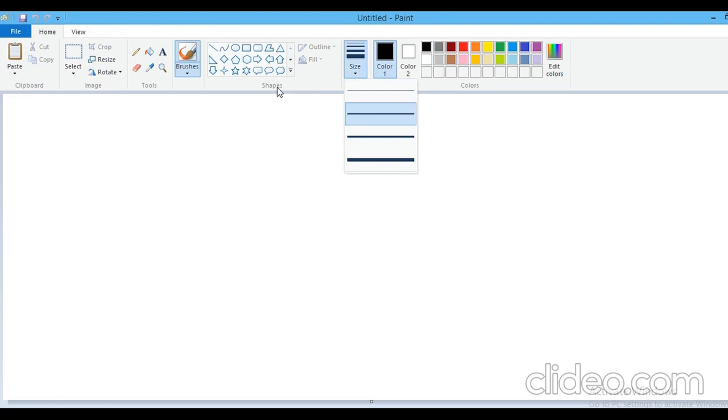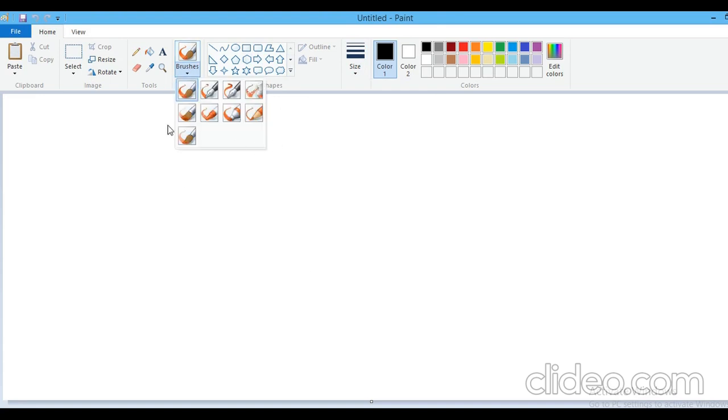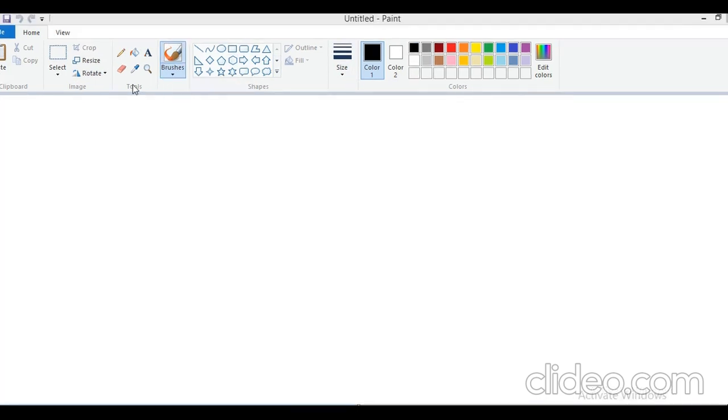The shapes group contains different shapes which you can draw on the drawing area. Brushes contains different brushes, and the tools group has different tools inside it. In the same way, the image group contains different commands and tools inside it. The clipboard contains different commands inside it.